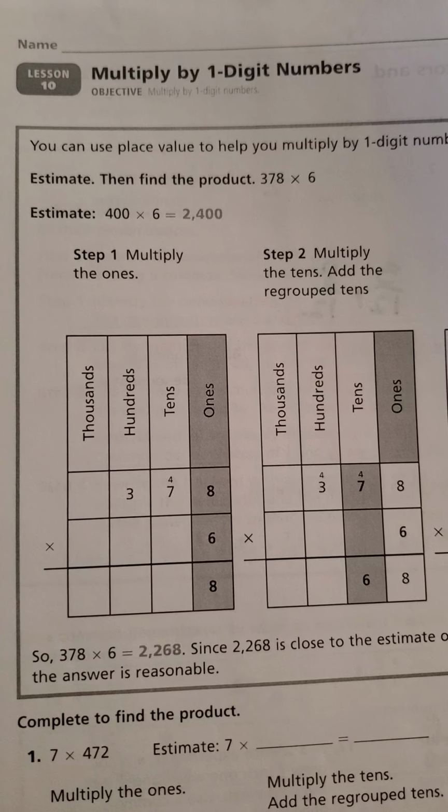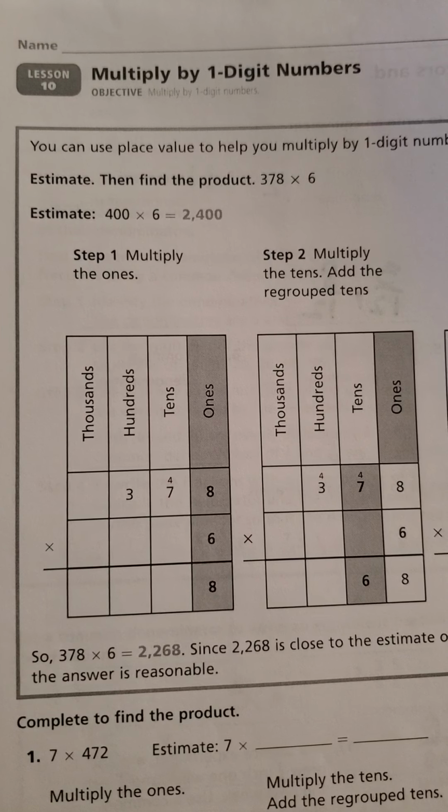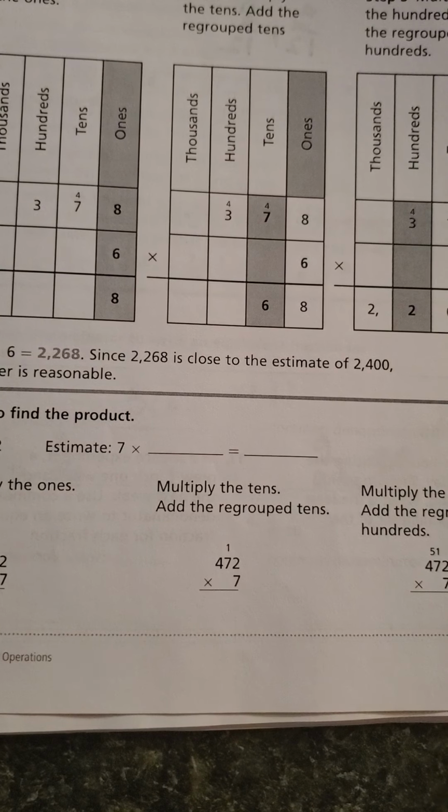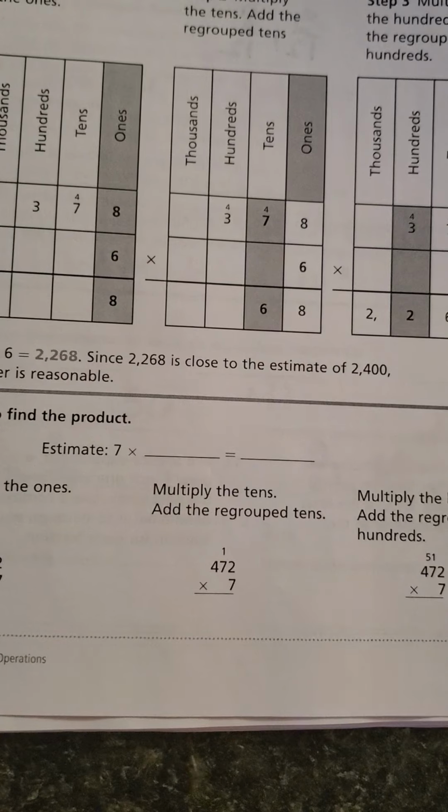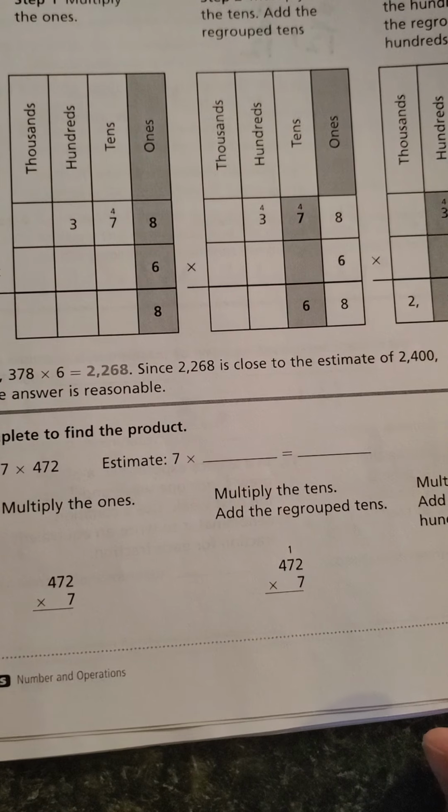This is for week 5, Thursday's assignment, lesson 10. Multiply by one digit number. Okay, so we're going to go ahead and come down here where it says complete to find the product. What it's actually wanting you to do here on number 1,